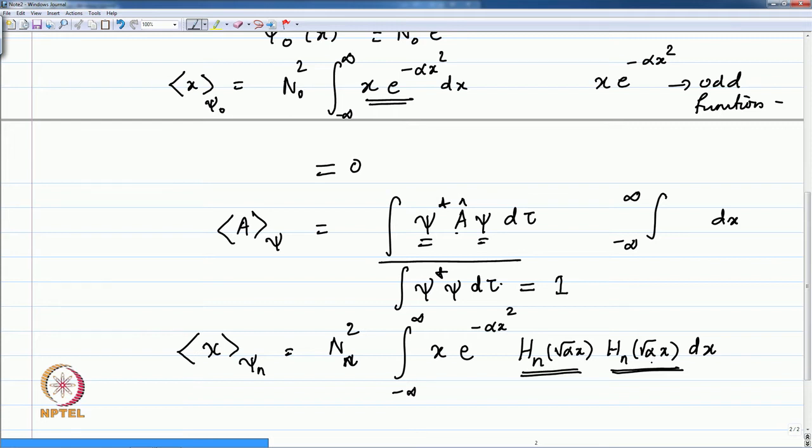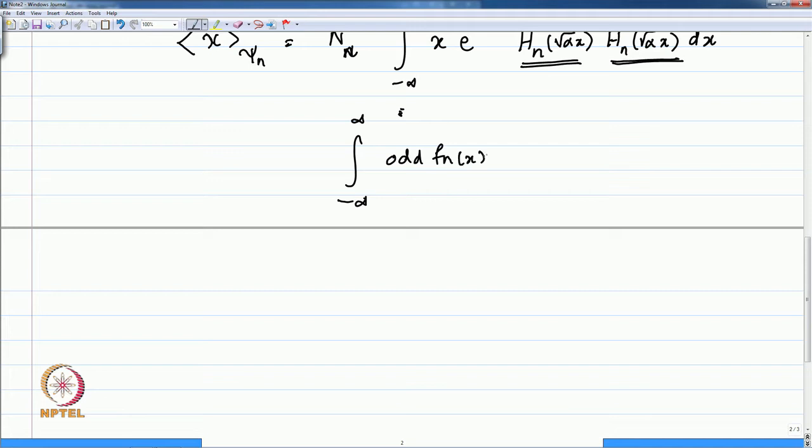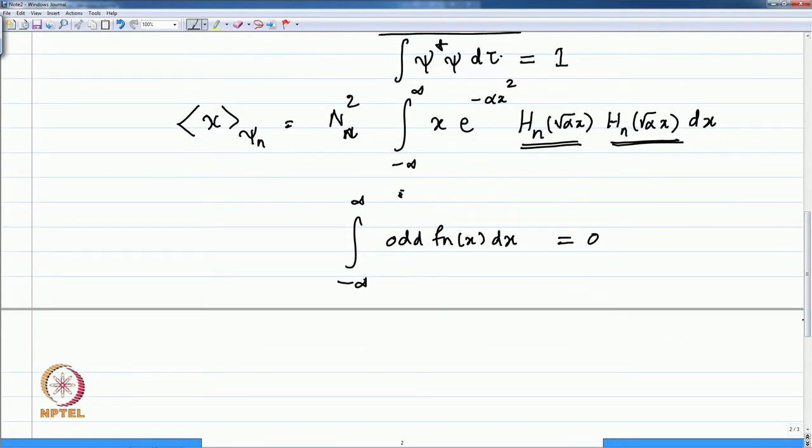The product of the two Hermite polynomials is an even function because they are the same Hermite polynomials of order n, and x is odd. Therefore, this is an integral of an odd function between symmetric limits, minus infinity to infinity, of an odd function of x dx, and therefore this is 0. Therefore, the average value for the position of the harmonic oscillator, independent of what state the harmonic oscillator is in, is always the midpoint,